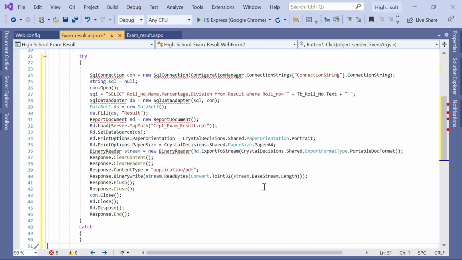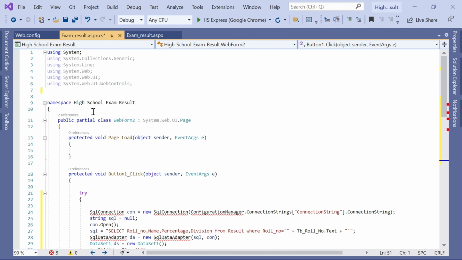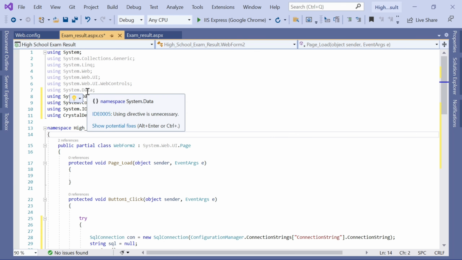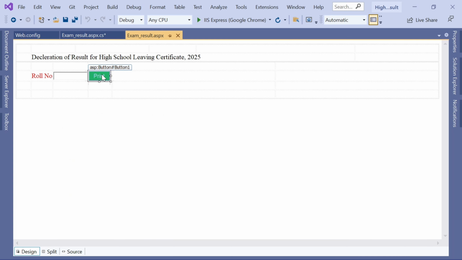Now let's rectify this error by pasting the namespaces here. So simply copy these namespaces and paste them onto the namespaces. So I paste it here. This System.Data is for SQL Server. System.Data.SqlClient is also for SQL Server database, and this Configuration is for the connection string, and this is for input output, and this is for crystal report. Now in